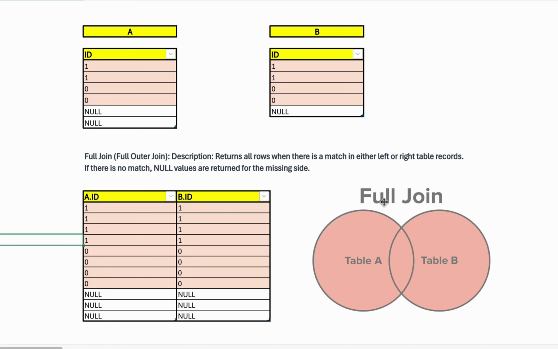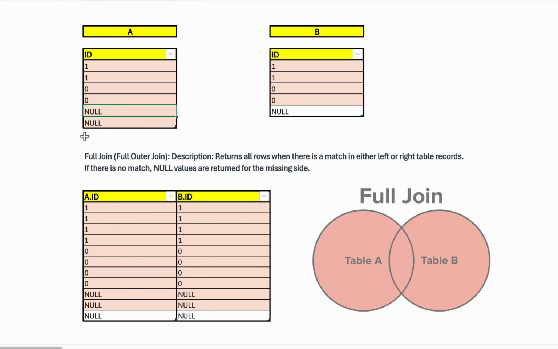You can see in this figure when we apply the full outer join between table A and table B, we get all the rows from table A and all the rows from table B. So let's understand this for table A first. For these 2 null, because null is considered to be not equal to any value, we don't have any matches for these 2 null in table B, correct? So that is why we are getting 2 null in output, and against them we don't have any matches in table B. So that is why we are getting these 2 rows.